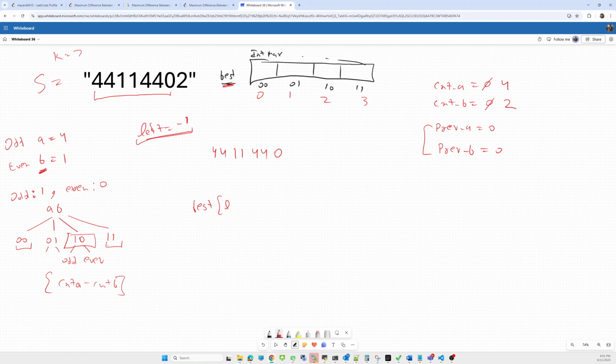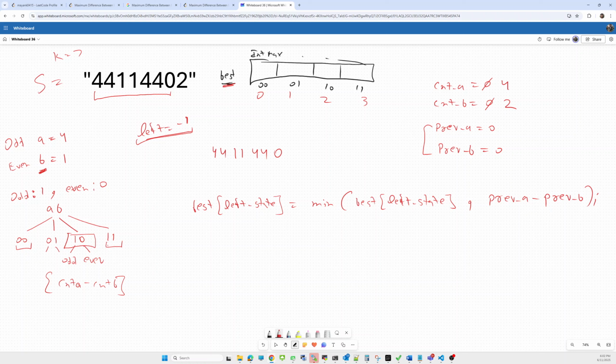Let's say there is some left state based on the previous count of a and b. Based on that we'll update the left state, which is the minimum of the best of the left state and the previous difference, previous a minus previous b.